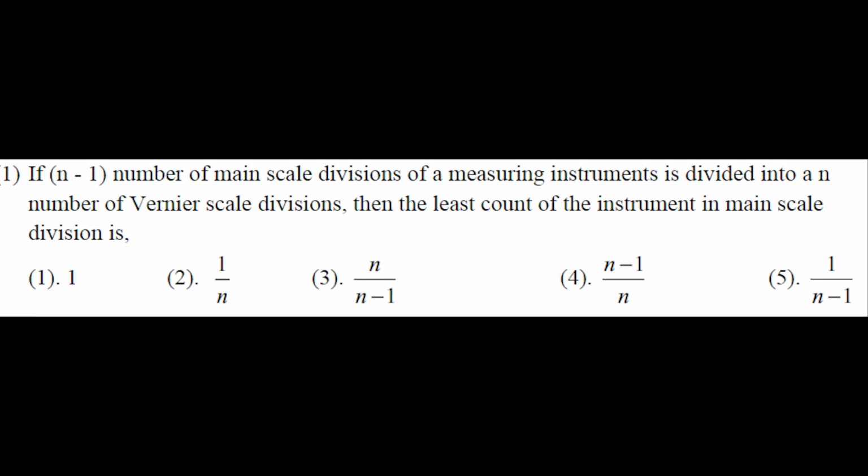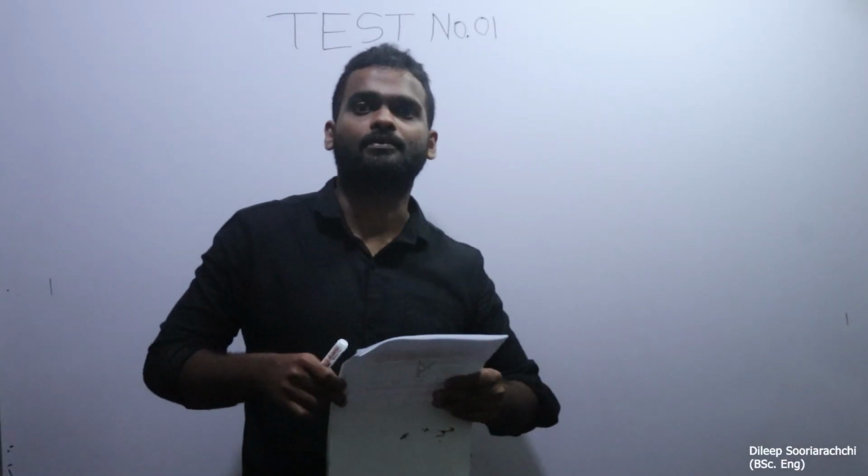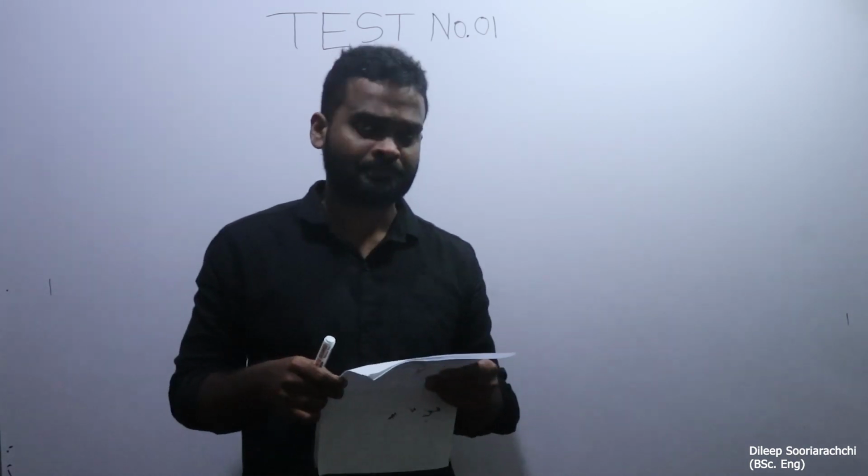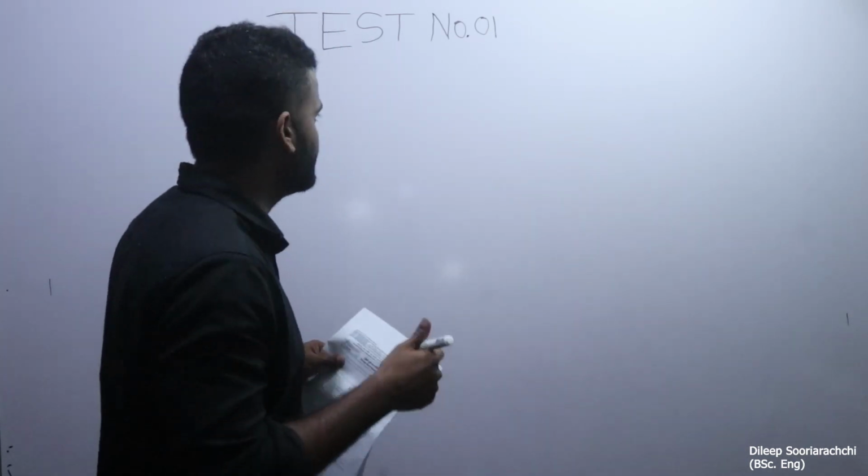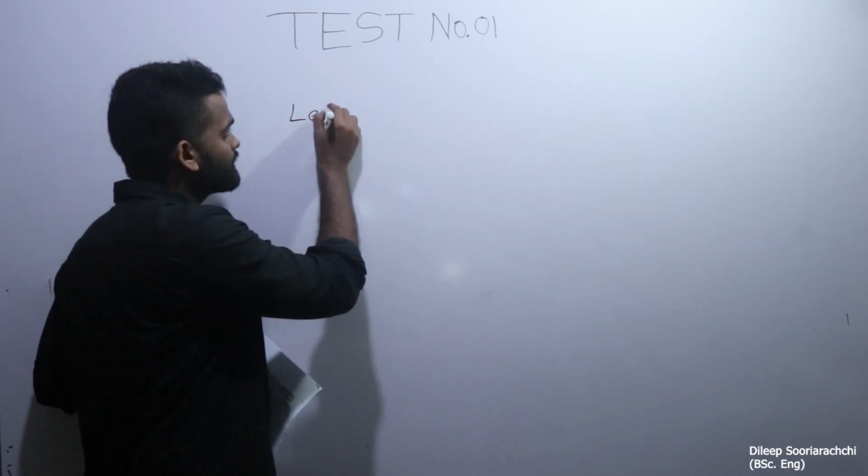If n minus 1 number of main scale divisions of a measuring instrument is divided into n number of Vernier scale divisions, it means a higher number of Vernier scale divisions. Then what is the least count of the instrument in main scale divisions? So they are asking for the least count of the measuring instrument. Okay, so to find the least count, we have this equation: least count